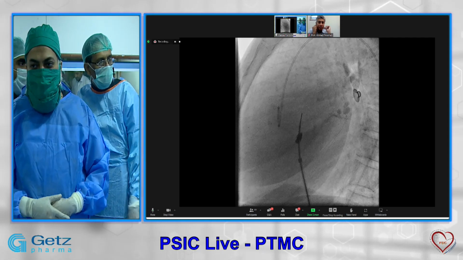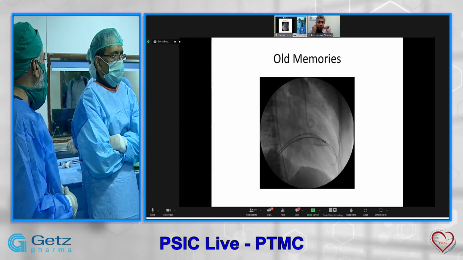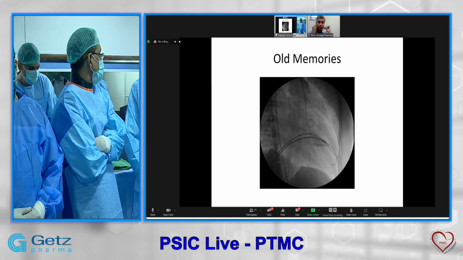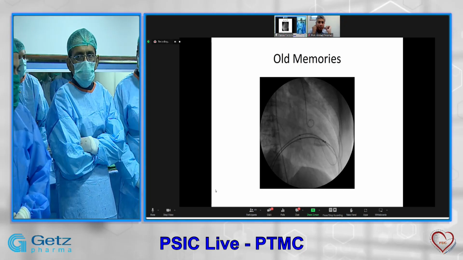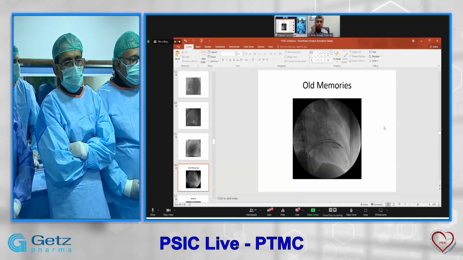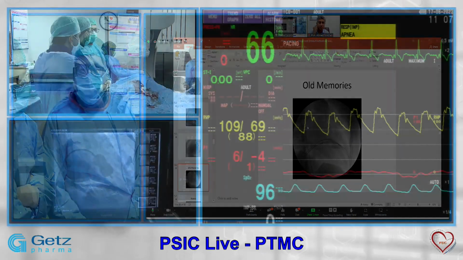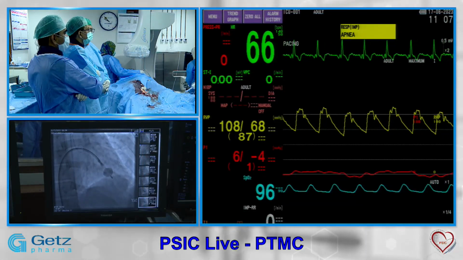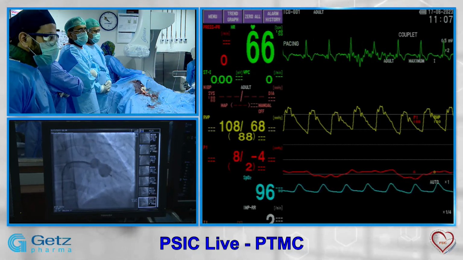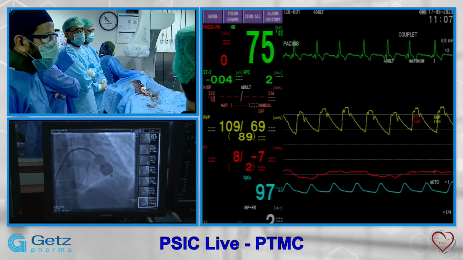Okay. Thank you, Dr. Naveedullah sir, for comprehensive basics followed by a clean procedure and excellent results. Some talk about the complication. As you see, the patient had a valve area of 0.7, now it has increased to 1.6. The PA pressure was 85 to 90 at the start, that is down to 50 millimeters of mercury.